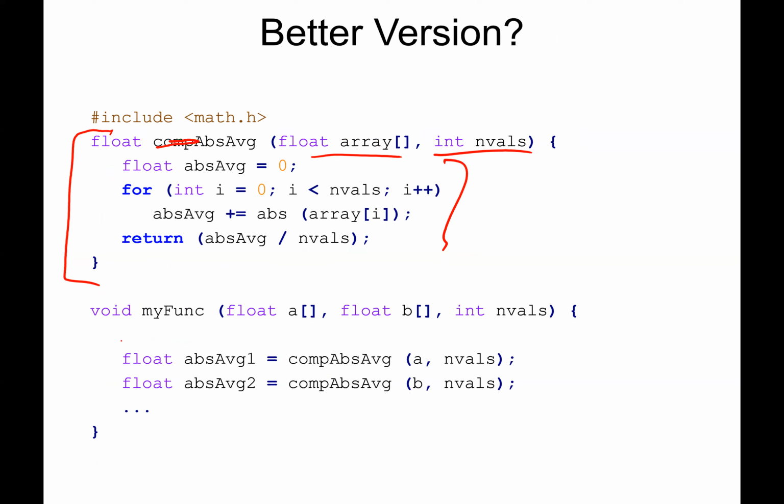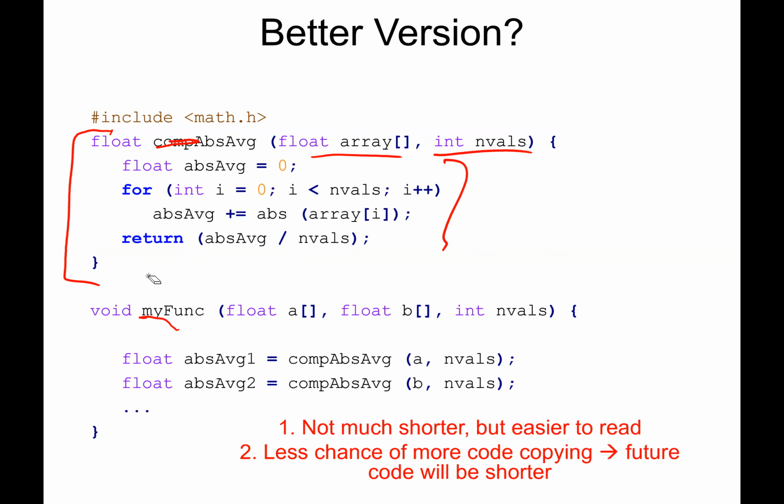Your code is not much shorter now because I wrote this helper function and I call it twice, but it is better organized. So when you're reading this function, it's very obvious what each line does here. The action of naming what that function does creates abstraction in your code, makes it easier to understand. And your code is likely to not grow as quickly. As you have more helper functions, you can get more done without adding so much code. Okay?